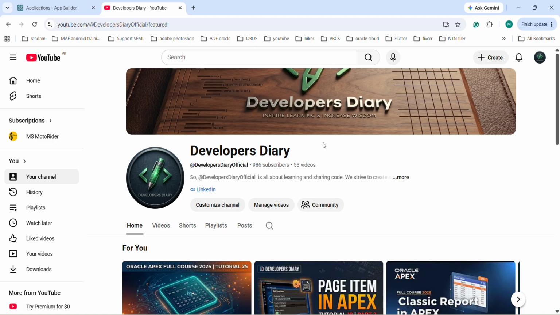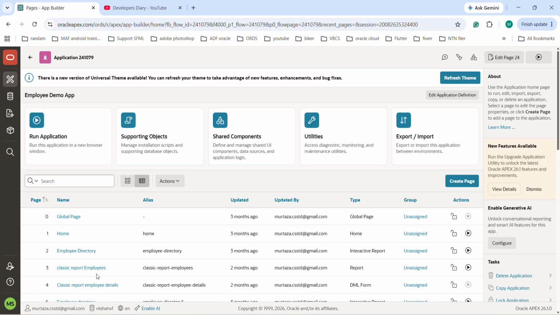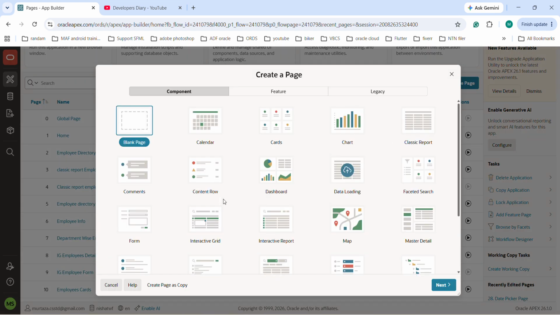So let's log into your workspace, go to the app builder, then choose an application or create a new application. I'm going to choose an existing one, then create page. This time select interactive report,